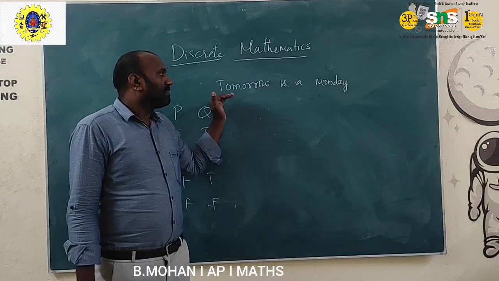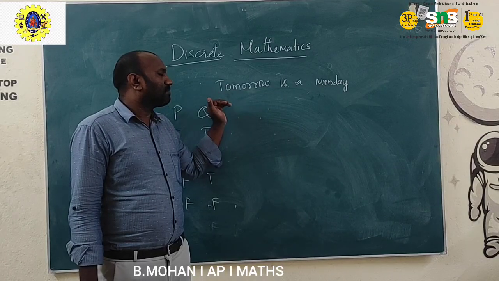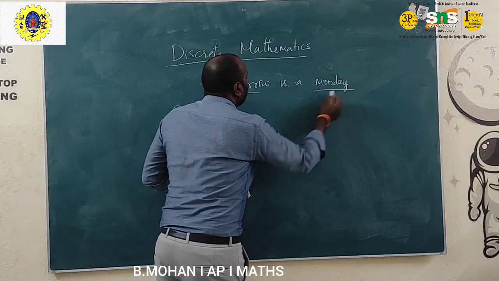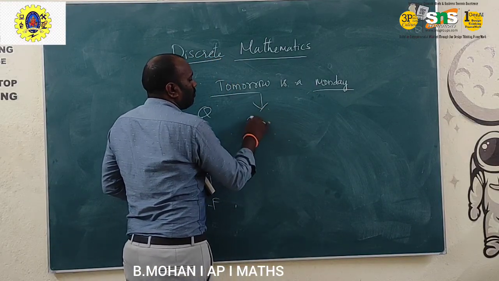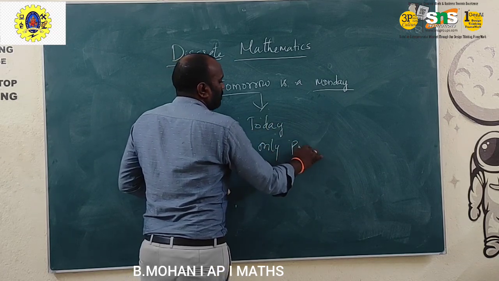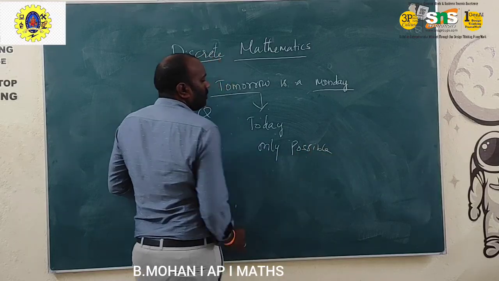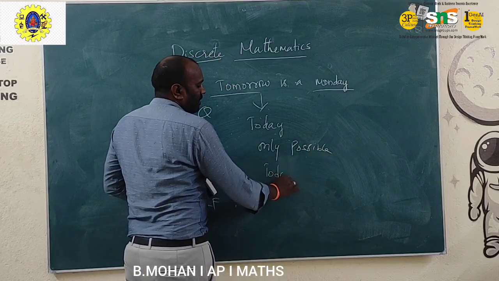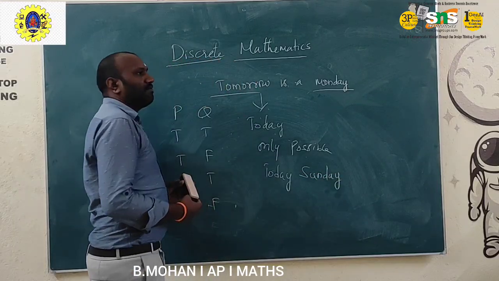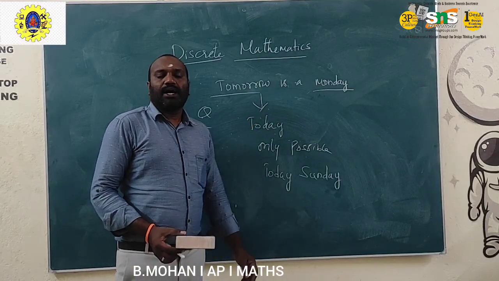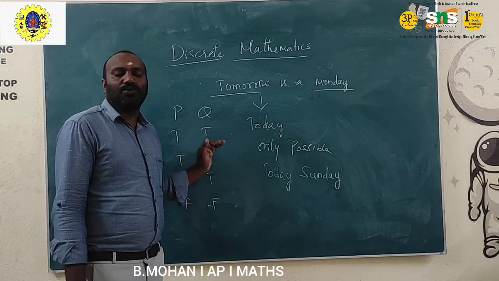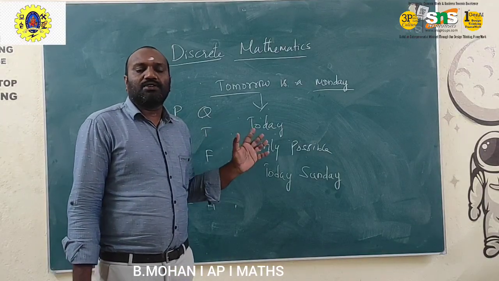But in this statement, there is nothing to decide whether it is true or false, because it says tomorrow is a Monday but does not mention what today is. The only possibility is that today is Sunday, then we know that tomorrow is Monday. Otherwise, the statement is wrong. So in this basic mathematics, we have to learn some logic. That logic will be used in the